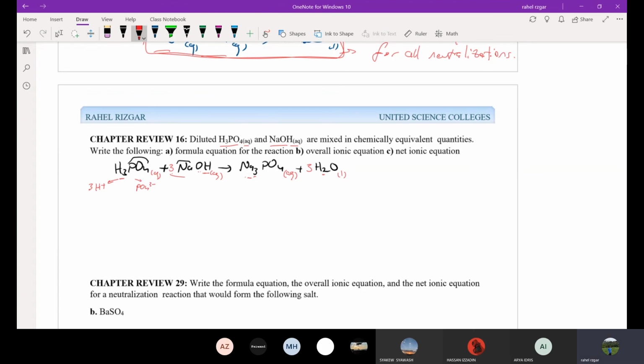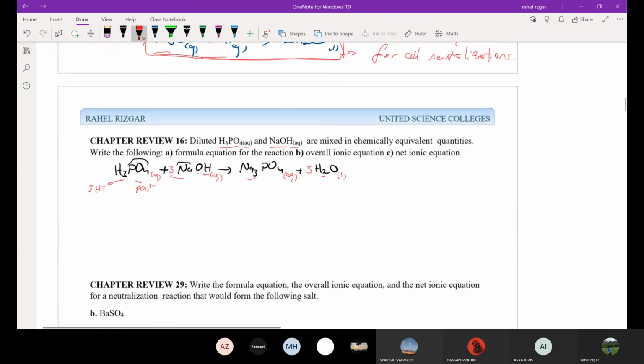We know that. But for the acid, with every H2O, how many H do we have? 3. How many H2O do we need? 3 H2O. If we have 3, we add 3 H2O here, so we have to also add